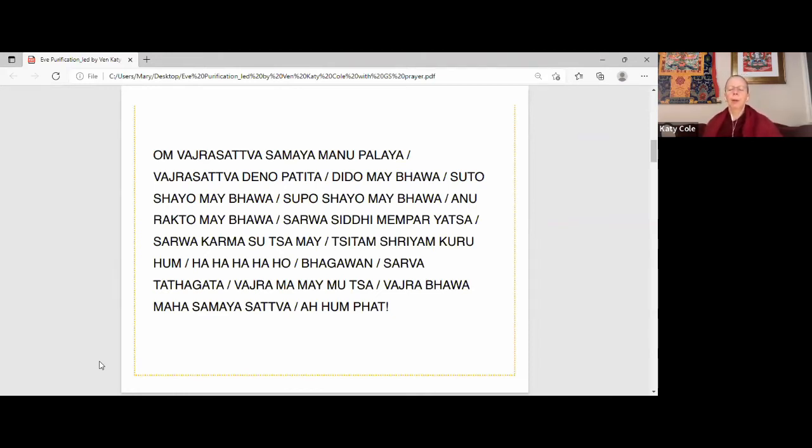Vajrasattva Samaya Manupalaya Vajrasattva Dina Patita Dira Mebawa Sutokaya Mebawa Supokaya Mebawa Anarakta Mebawa Sawasidi Mimpiyata Sawa Kama Sutame Siddham Shriyam Kuruhum Ha Ha Ha Ha Ho Bhagavan Sawa Tathagata Vajramame Mutta Vajrabawa Maha Samaya Sattva Aham Pe Om Vajrasattva Samaya Manupalaya Vajrasattva Dina Patita Dira Mebawa Sutokaya Mebawa Supokaya Mebawa Anarakta Mebawa Sawasidi Mimpiyata Sawa